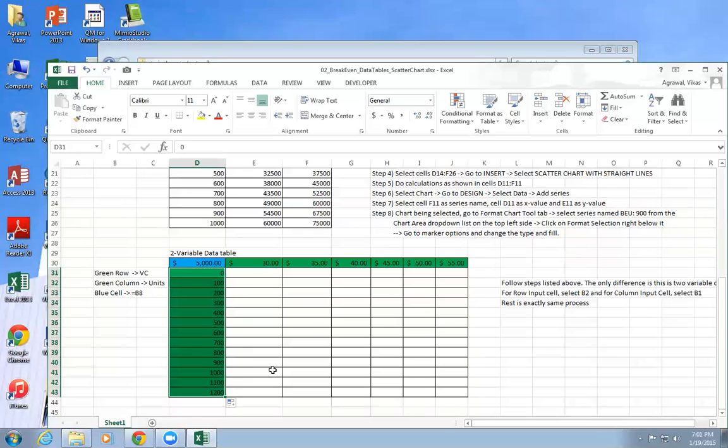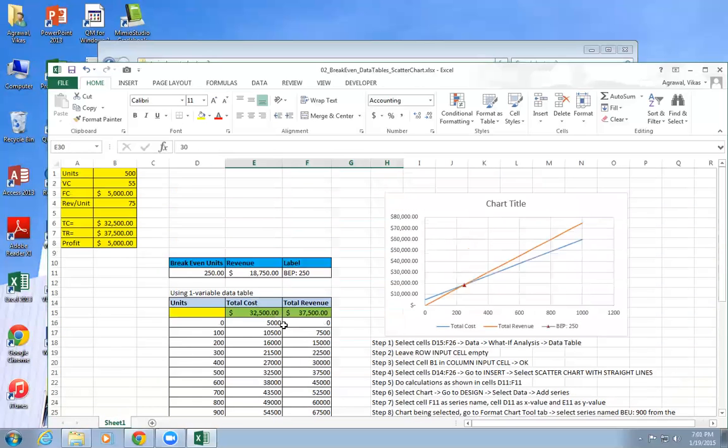Are you guys with me? So always keep in mind this output should be a formula, input should be hard coded. But these inputs, like variable cost and units, must be used by the output somehow. Are you guys with me? And how are we using that in our output? Output is B7 minus B6, which is total revenue minus total cost, right? But if you go to total cost, you see we are using that B1 there. So indirectly it's being used for the profit. Are you guys with me?